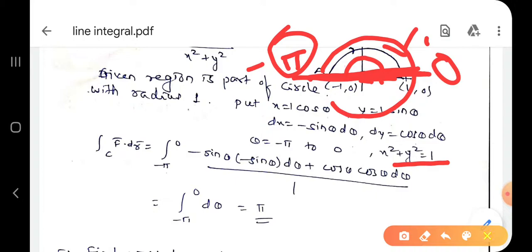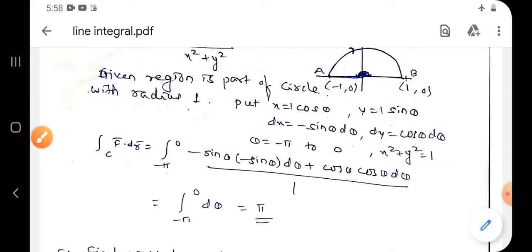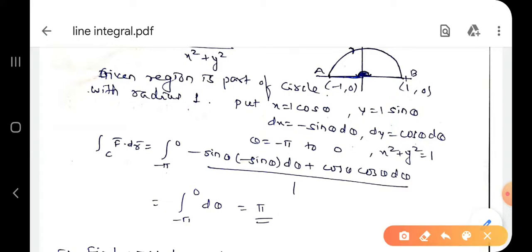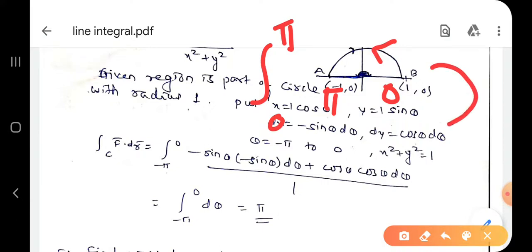Or if you take here B to A, then you take limit 0 to pi and you can proceed, no problem. You can do it another way, give the direction like this, and here the limit is 0 to pi, you may take, no problem. So in that case the limit is 0 to pi, you will get the answer, right? So both ways I will tell you. First one is the clockwise direction. In that case my limit is minus pi to 0, correct?